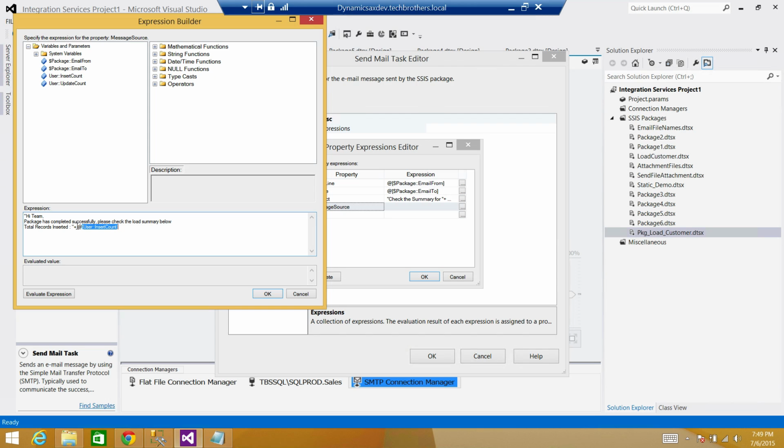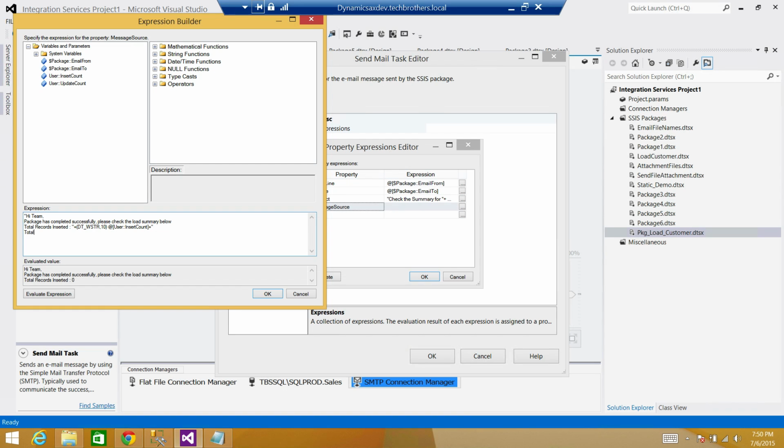You have to make them or cast them or convert them to the string. So I'm going to use a DT_WSTR, and then say 10. So I'm converting to the string, and then I'm using it here. Looks good, right? And the next part we need to do, we have to say plus sign, double quotes, enter, say